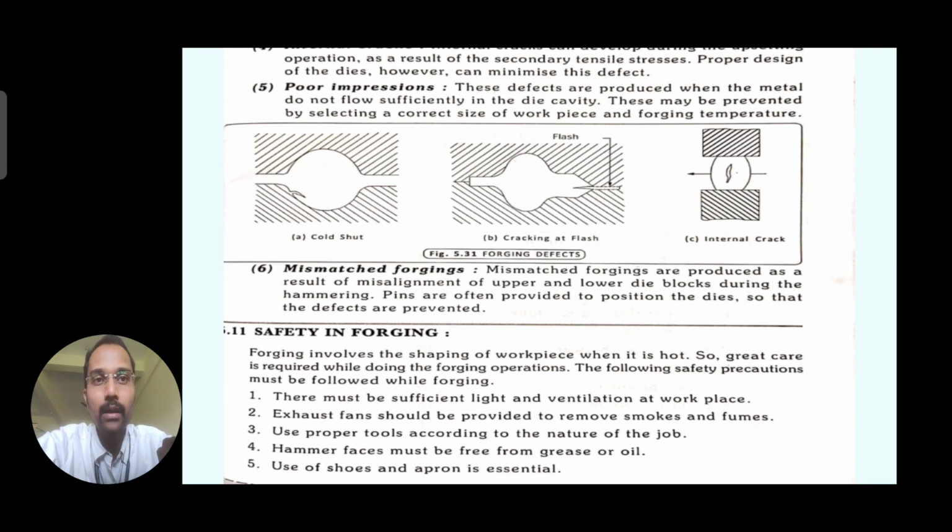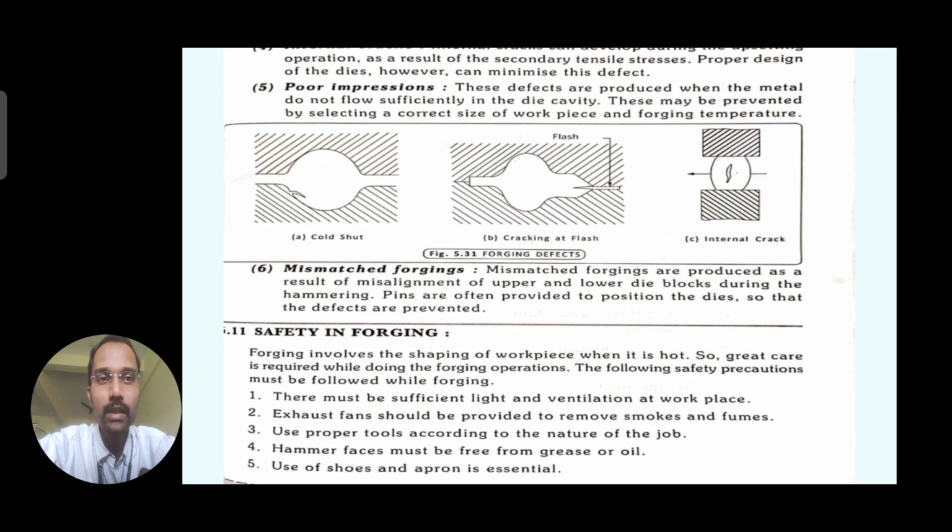Okay, hope you have got some information regarding these forging operations, defects in forgings, and some safety precautions which have to be followed in forgings. So this is regarding the forging chapter. Do refer to the videos posted to you regarding the tools, some advantages, disadvantages and applications, the forging equipment, and some discussion on the fuels. In this session, these are the discussions we have made. So follow all these things, and this is the end of the forging chapter.